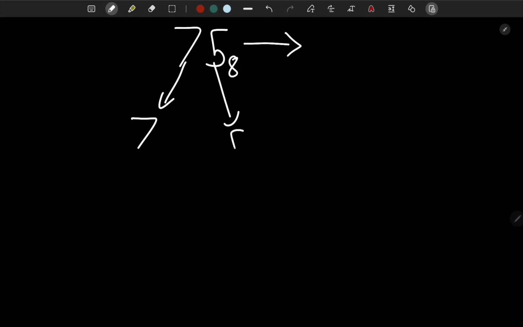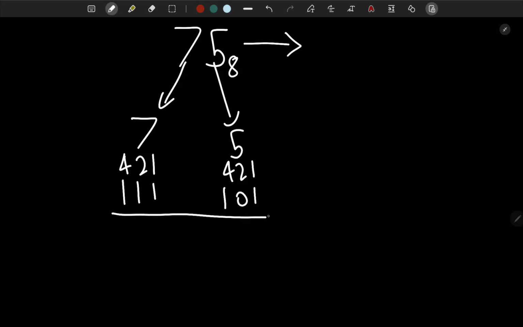Now to convert the digits to binary, it's pretty simple. You just have to do 1, 2, 4 and see what digits add up to 7 and place a 1 below them. So here it's going to be all of them, since 4 plus 2 plus 1 is equal to 7, and for 5 it's going to be 4 and 1 only, and we are not going to use the 2. So we'll place a 0 below the 2 and 1 below the 4 and 1, and now we merge these together, so it will become 1 1 1